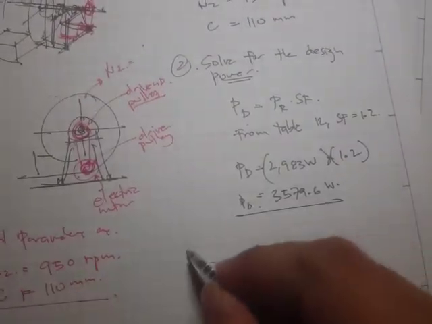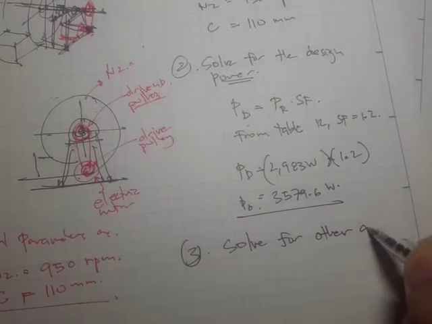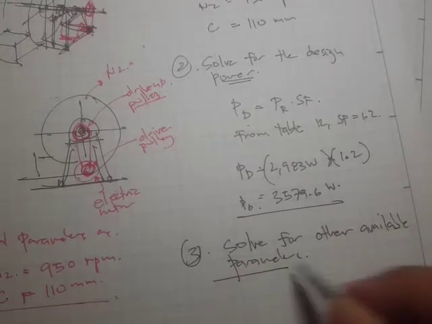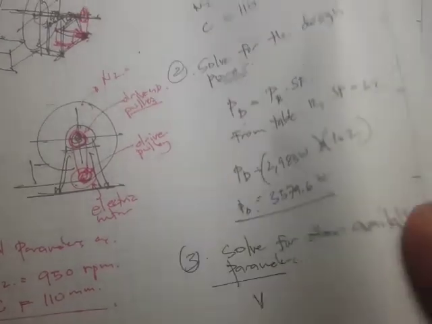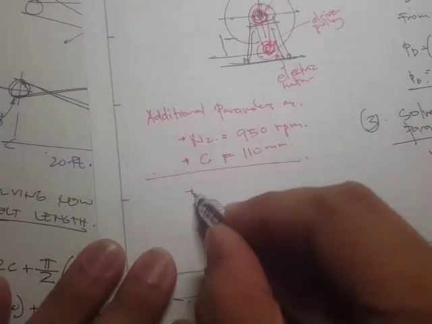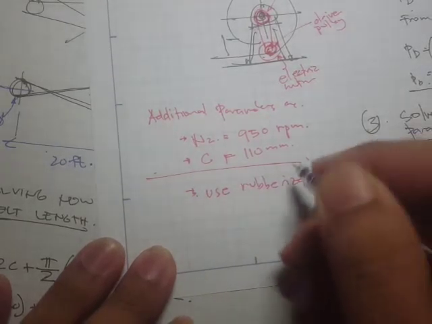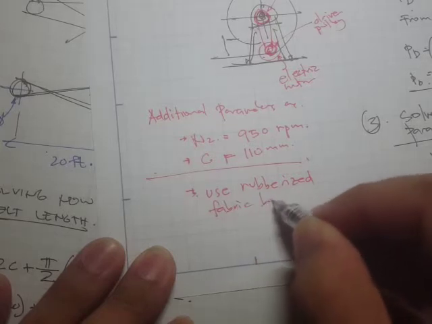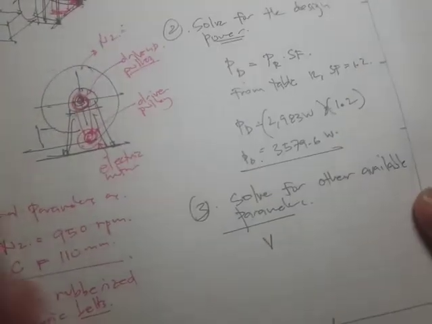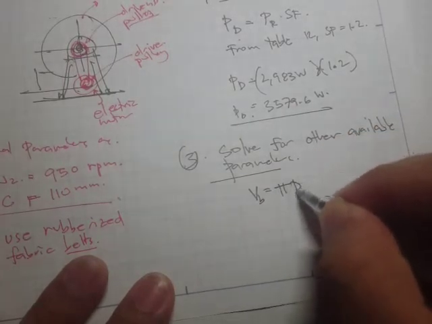Okay, next step is to solve for other available parameters, right? And this is what we need. By the way, we also need to assume the type of belt. So let's say we use rubberized fabric belts. Okay, so therefore we will need to compute for the linear belt speed, which is just V sub B is equal to pi D times the